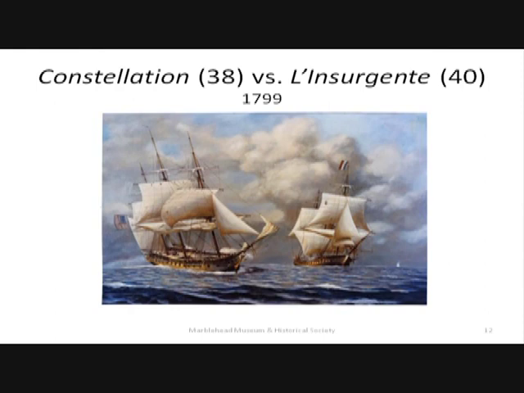Here we have one of the first three frigates, the Constellation, which was originally called a 36-gun. The number in parentheses is the number of guns, and was re-rated as a 38 since it was a very large 36, versus the Insurgent of the French, which had 40 guns, which however were smaller guns. And in 1799, the Constellation defeated the Insurgent, captured her, and she was inducted into the U.S. Navy and served until she was lost in a storm.